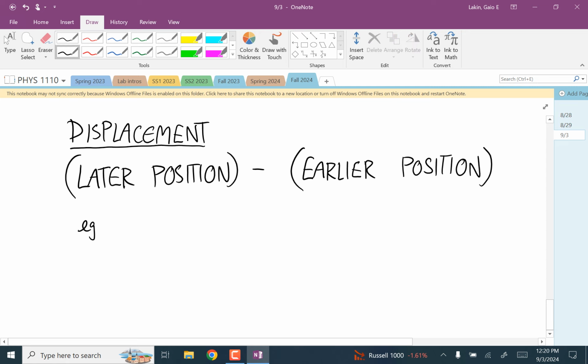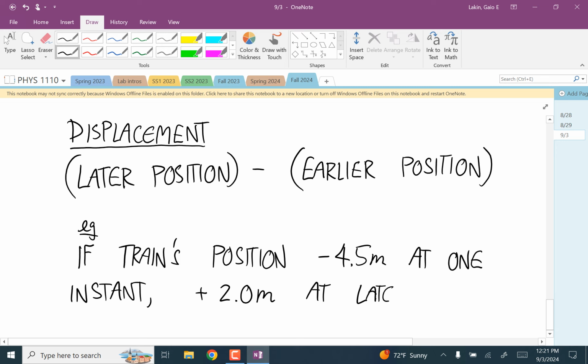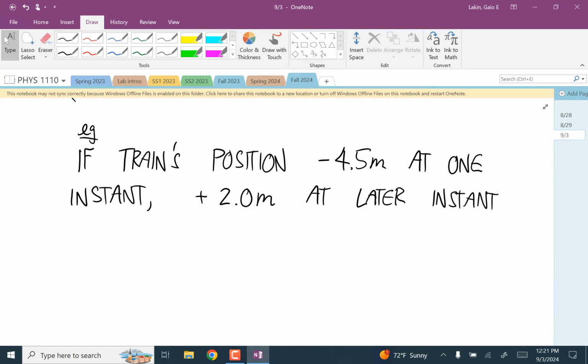So for example, if the train's position is negative 4.5 meters at one instant, and then it's positive 2.0 meters at a later instant, then the displacement over that time interval